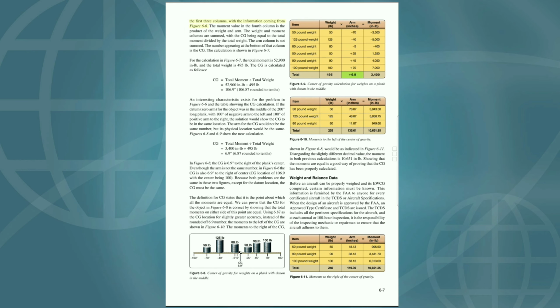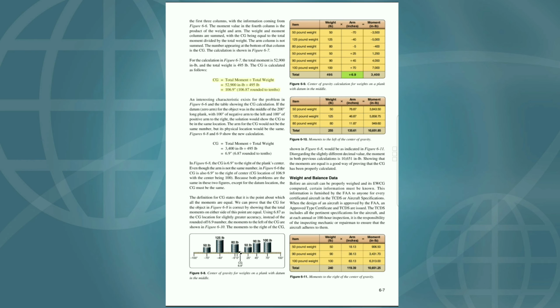The first 3 columns have the information coming from figure 6-6. The moment value in the 4th column is the product of the weight and arm. The weight and moment columns are summed, with the CG being equal to the total moment divided by the total weight. The arm column is not summed. The number appearing at the bottom of that column is the CG. The calculation is shown in figure 6-7. For the calculation in figure 6-7, the total moment is 52,900 in-pounds, and the total weight is 495 pounds. The CG is calculated as follows: CG equals total moment divided by total weight equals 52,900 in-pounds divided by 495 pounds equals 106.9,